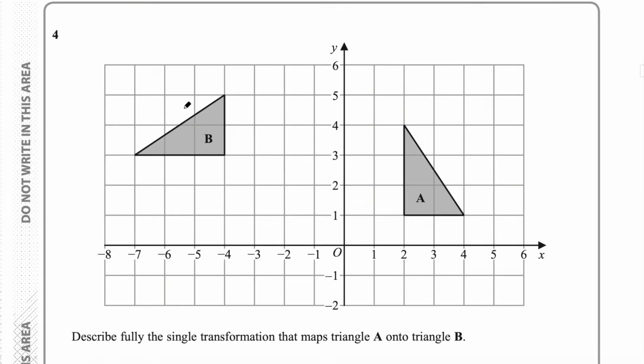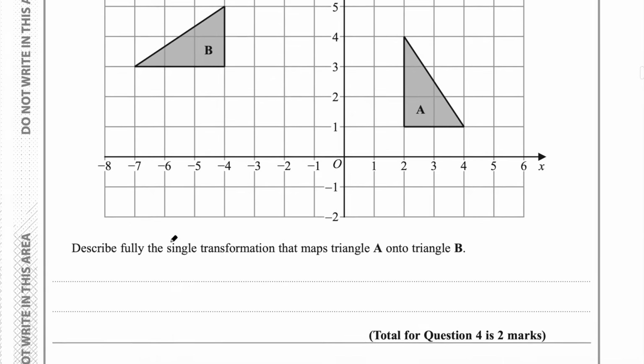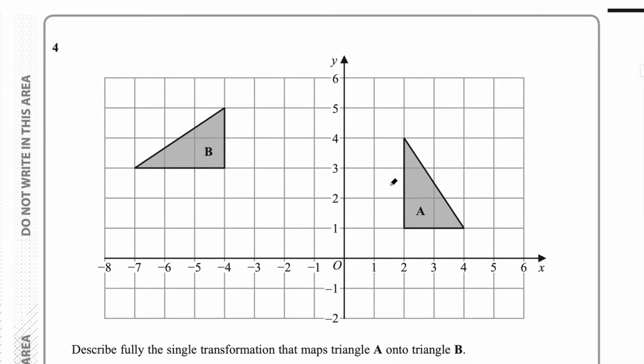Question 4 gives us a diagram with 2 triangles and it says describe fully the single transformation that maps triangle A onto triangle B. Okay, so A has been turned 90 degrees to get to B. So I feel like this is going to be a rotation around some point. So we need to be able to identify what point it's been rotated around, and it's going to be anti-clockwise. So you can see there, if I turn that triangle around some point, it's going to get to B. So we need to find a point equal distance from B and A. So if we pick, say, this corner,